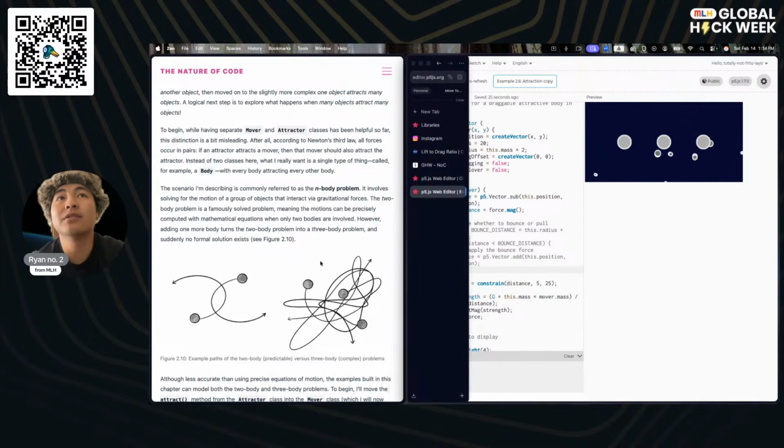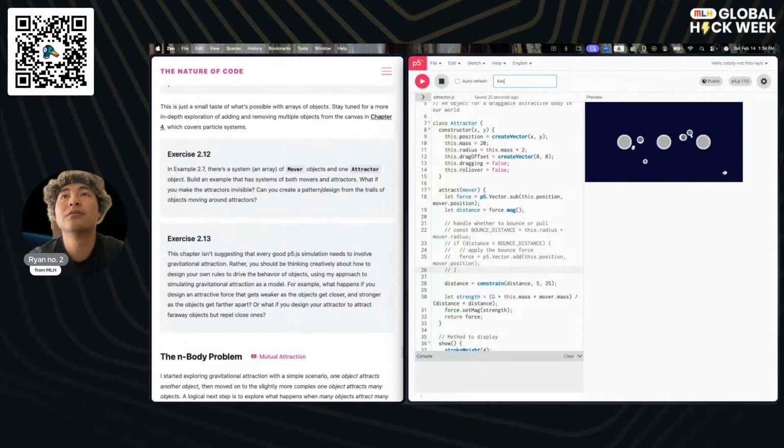Let's actually name this to be GHW force exercise 2.13. 2.12, actually. And then let's make this 2.13.